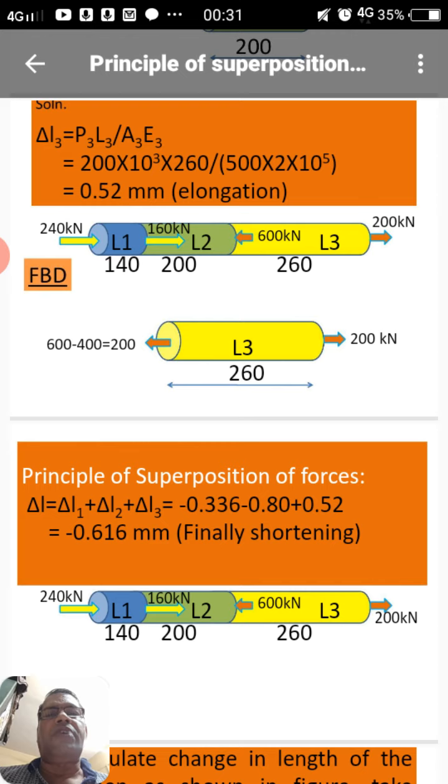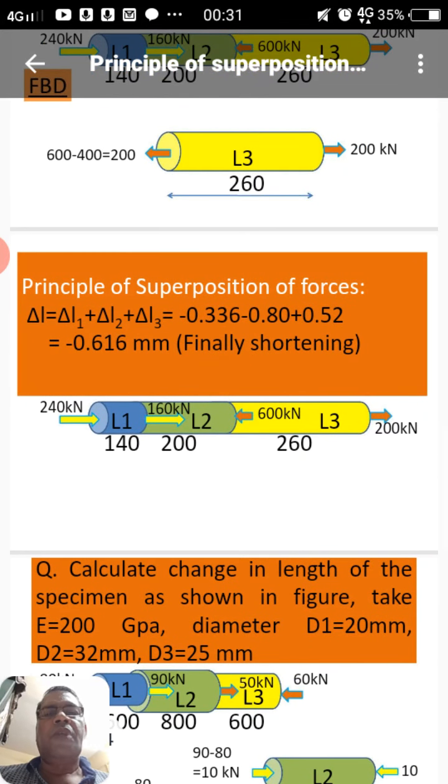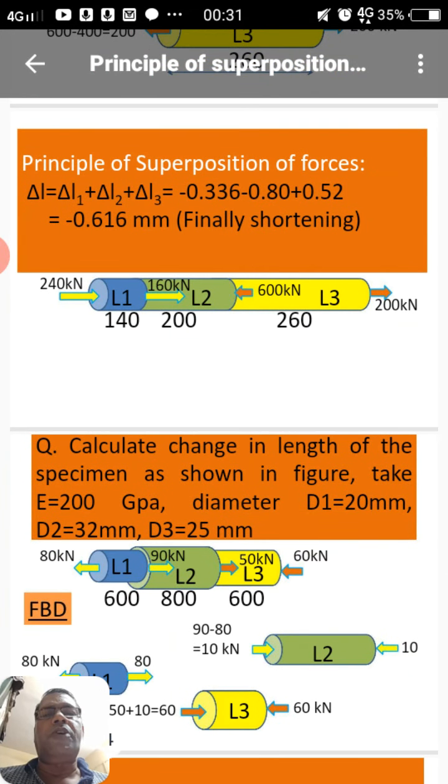So now we have three deformations, one for each section. By combining all these three, using the principle of superposition, you get total deformation ΔL = ΔL1 + ΔL2 + ΔL3. The algebraic sum is minus 0.336 minus 0.8 plus 0.52. So this is minus 0.616 millimeter, and this is the net shortening of the bar because of all the forces acting